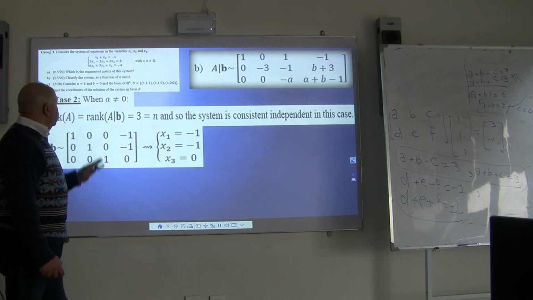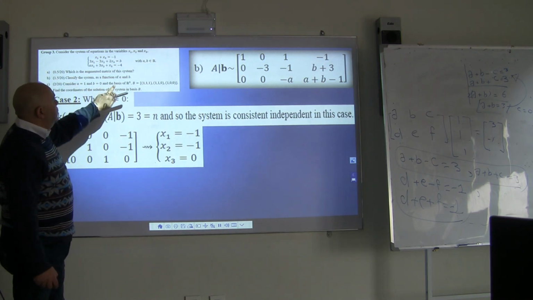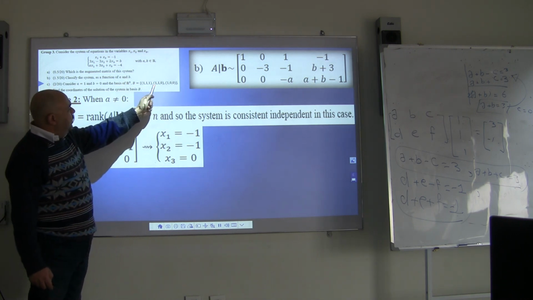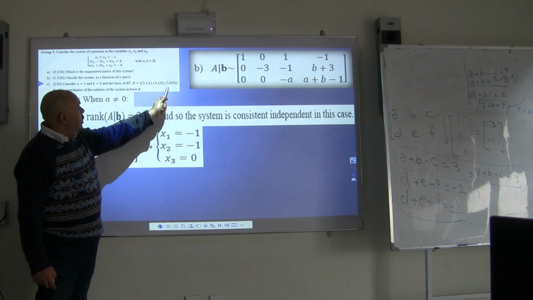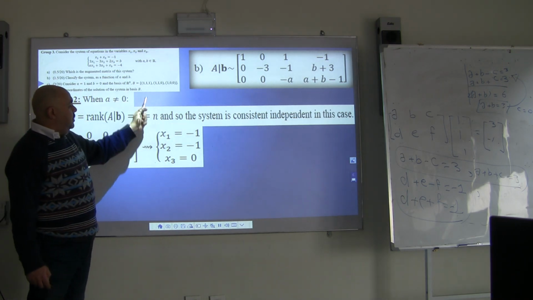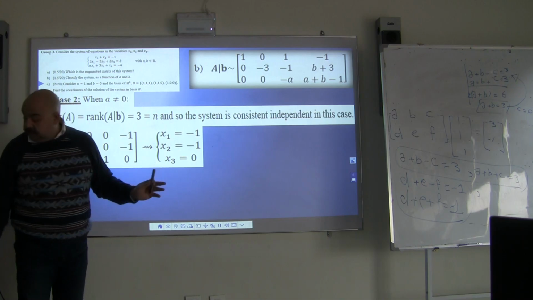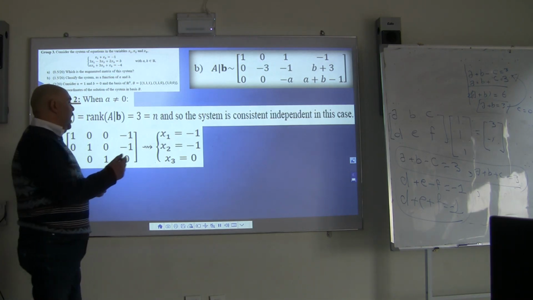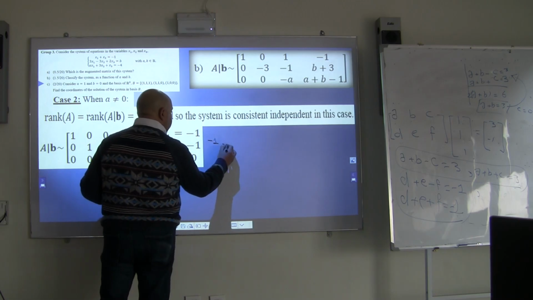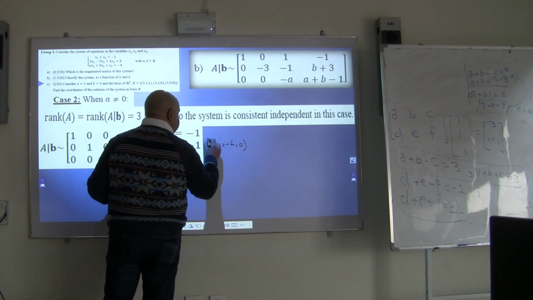He's telling you that once you do so, the basis of R3 is given by the triple (1, 1, 1), (1, 1, 0), and (1, 0, 0). Can you get the coordinates of the solution of the system in basis B? Can you get the coordinates of this vector? Of course, because all I have to do is write the solution, which is (-1, -1, 0),